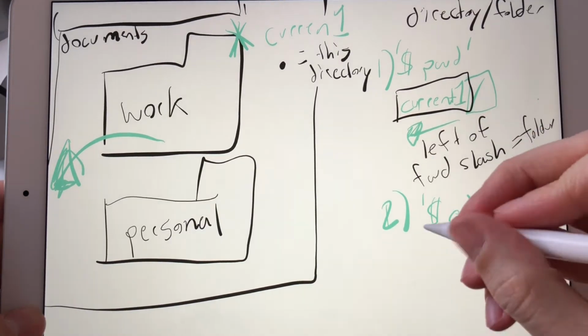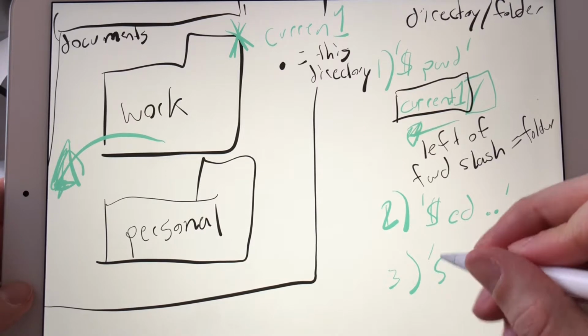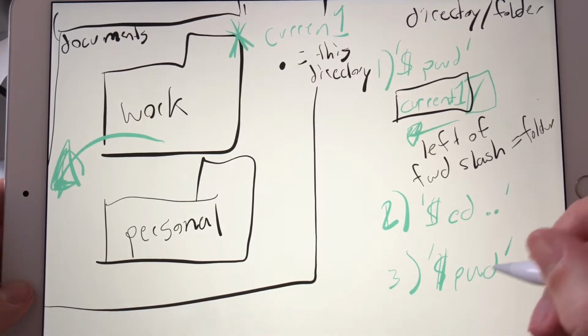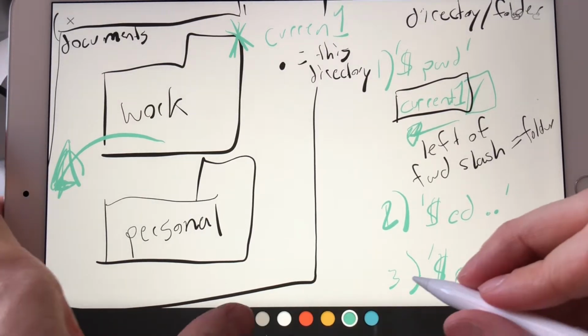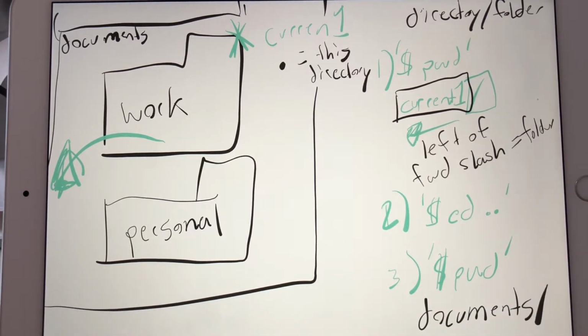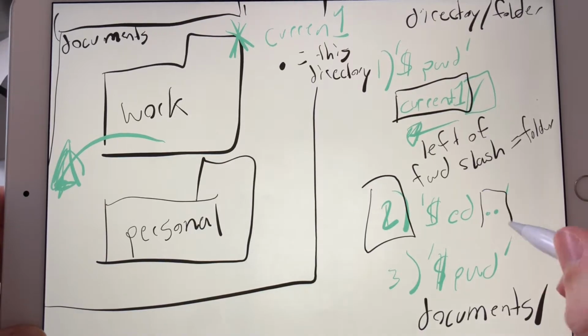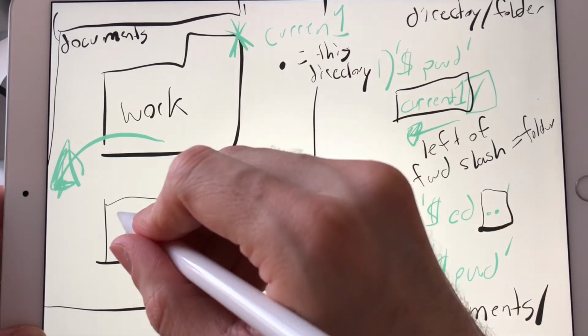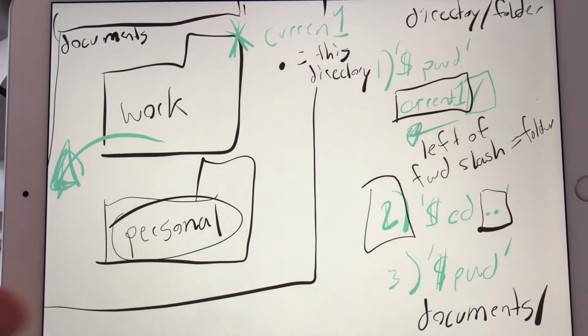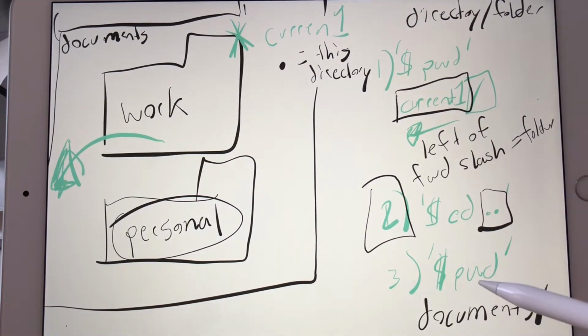Now, our current working directory, if we were to ask command line, it would now be documents. If we now want to change our current working directory, we would use cd again. We would repeat step 2, but we would replace these 2 dots with the word personal. Because our current working directory is documents at this step, at step 3, we can now have context of what